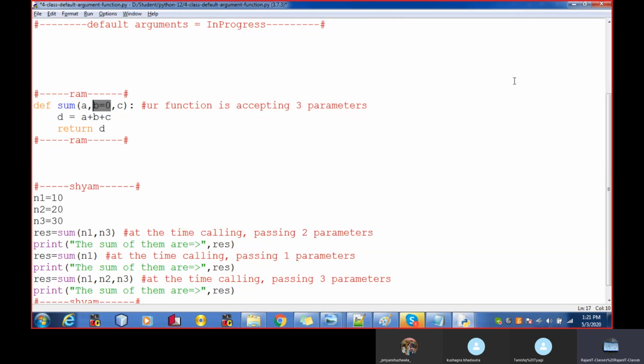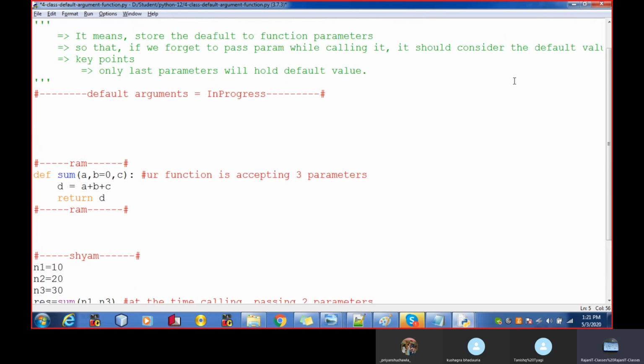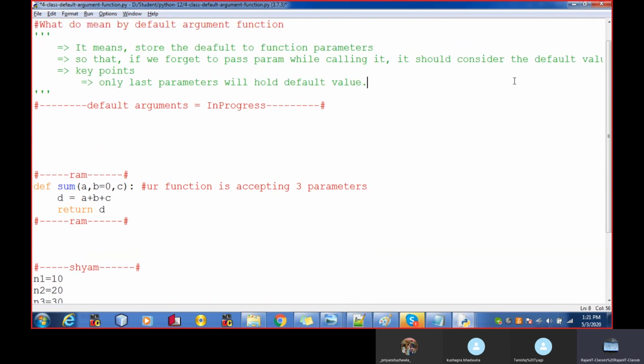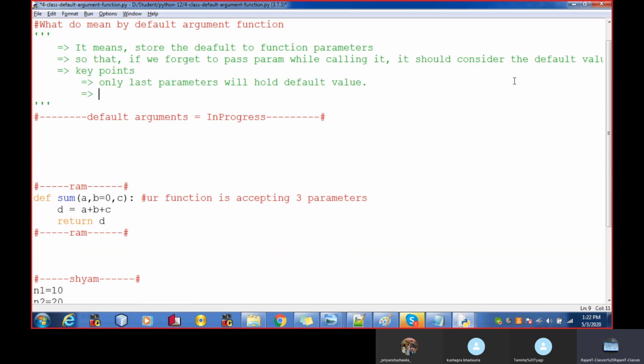This is not the correct way of making the default argument function, because the key point of the default argument function says that only the last parameters will hold the default value. Middle parameters, first parameters will never hold the default value. Okay, either the last parameter will hold default value or all the parameters will hold default value.